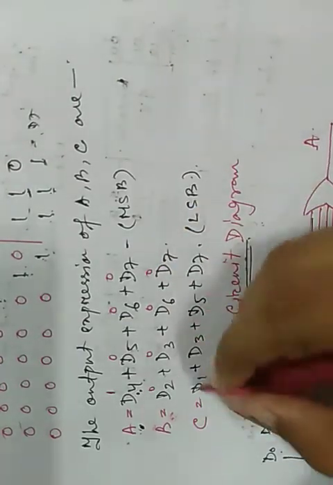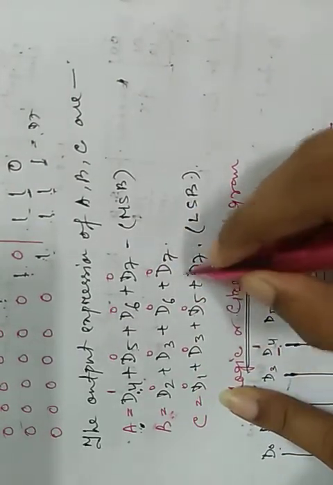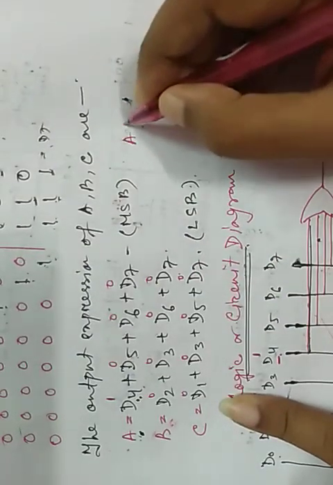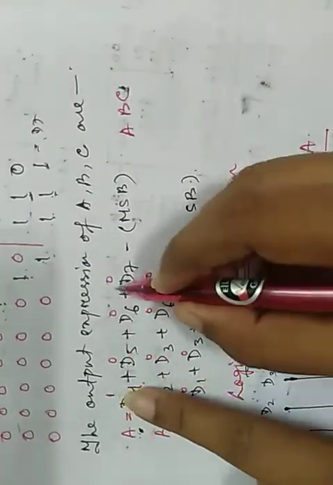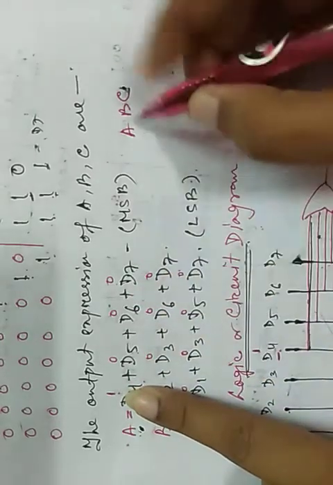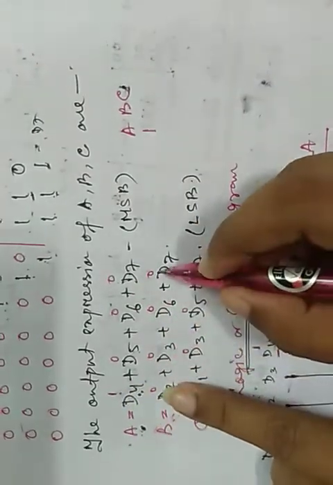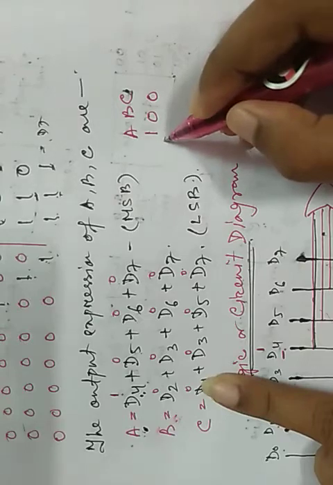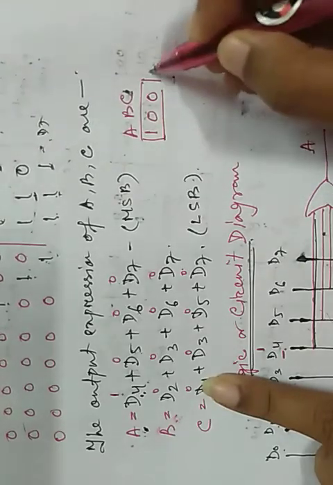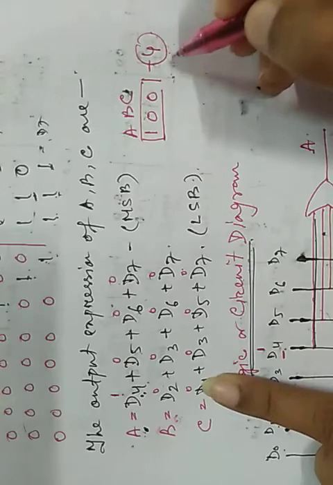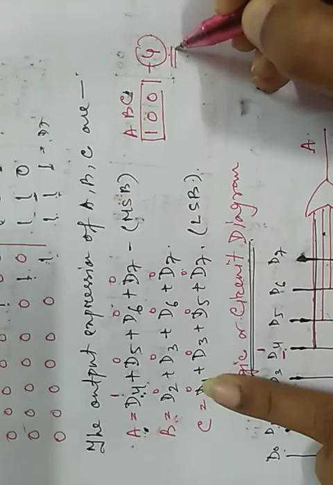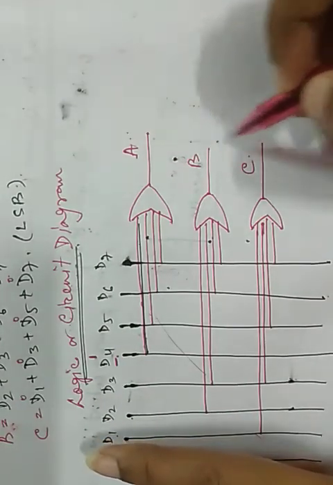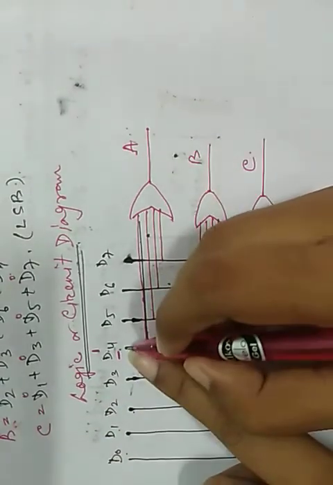And there is also no 1, so all the values are 0. So for our A, B, C values, the output of A is 1. All the values of B are 0, so it is 0. And all the values of C are 0, so it is 0. So this is our expression for 4 in our octal number system. If the output values of ABC are 1, 0, 0, then D4 is selected.